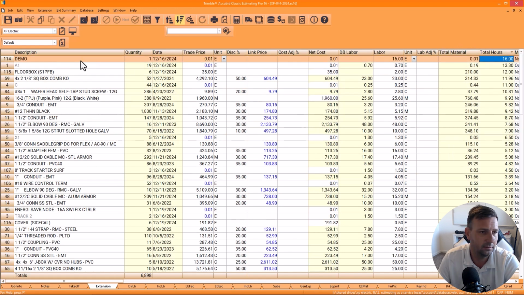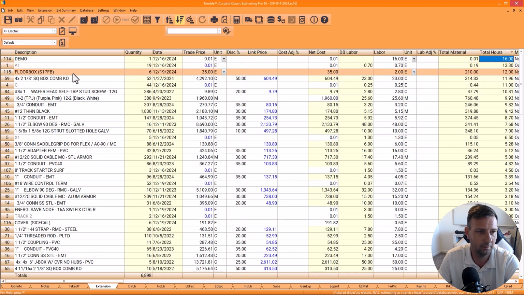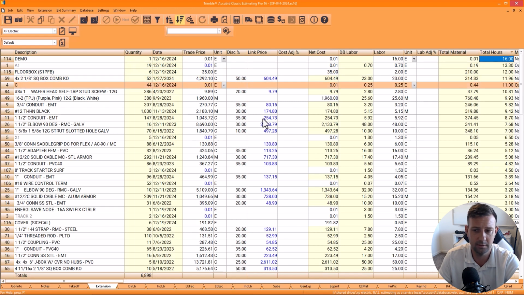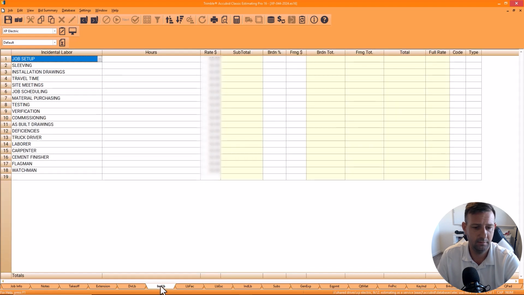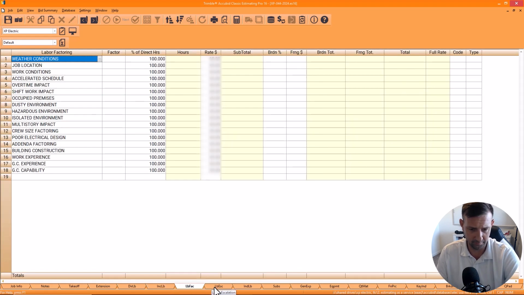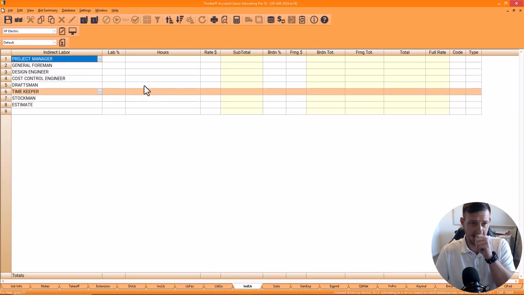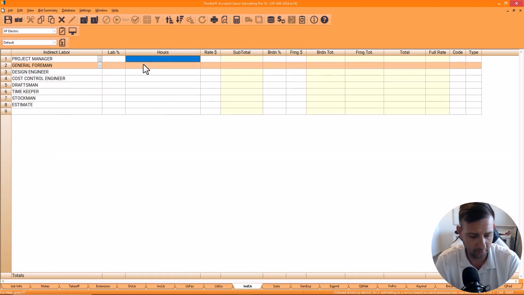Hours, where are we at? Demo time, we've got majority of time is in floor boxes. That's weird. There's really not a lot of hours in this job. 275 hours. Direct labor, incidental, labor factoring, none. Labor escalation, none. Indirect labor. Usually I like to include,